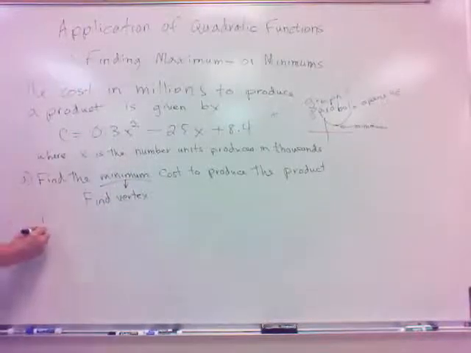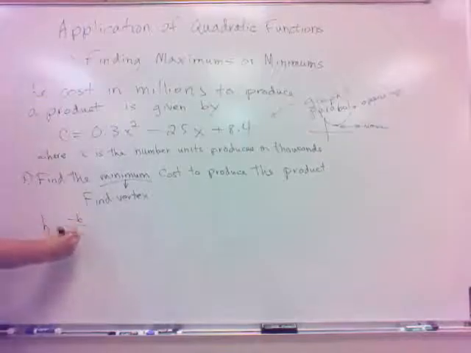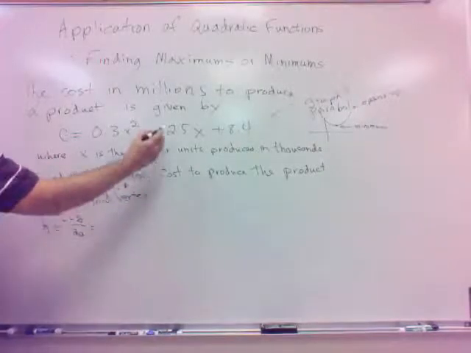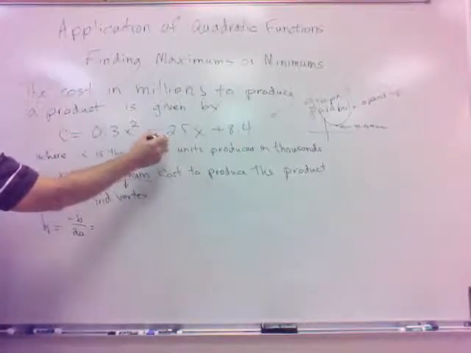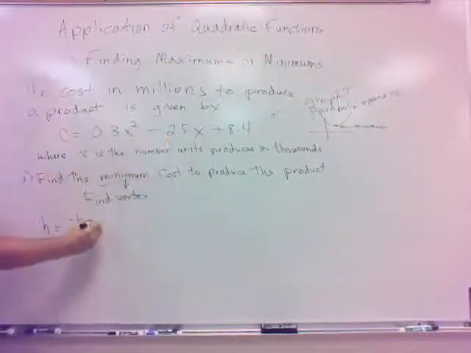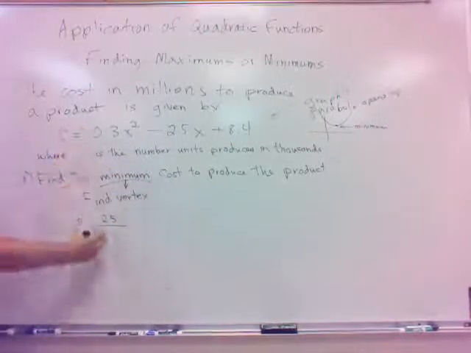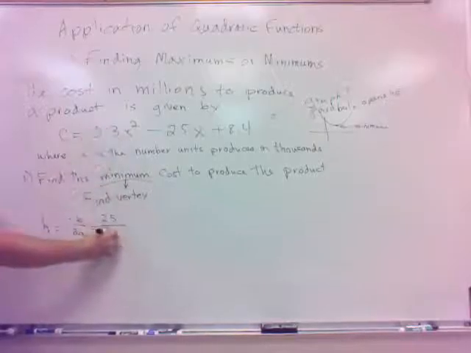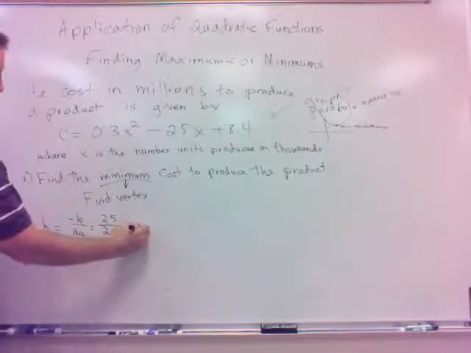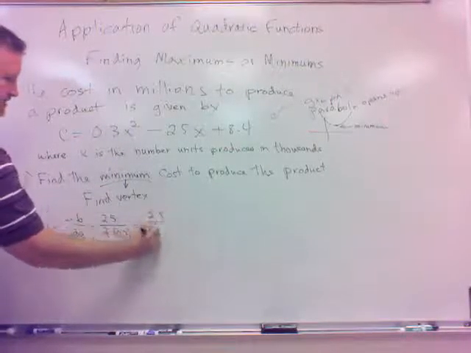All right, so using my vertex formula, h equals minus b over 2a. What's b? Well, b here is negative 2.5, so minus b would be positive 2.5. The a is 0.3, so it would be 2 times 0.3. So I'm getting 2.5 divided by 0.6,